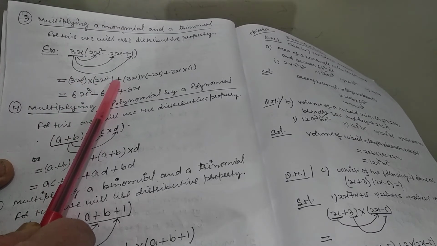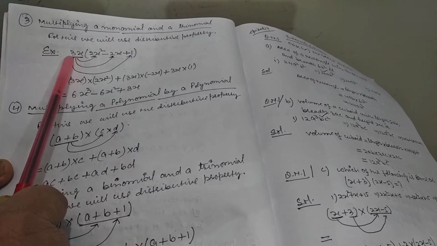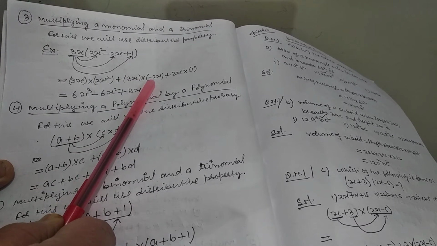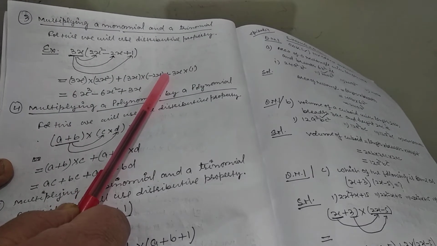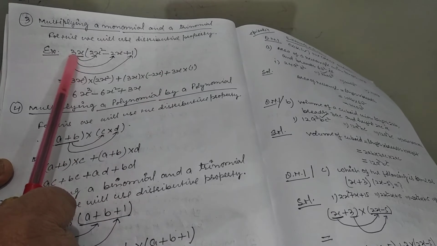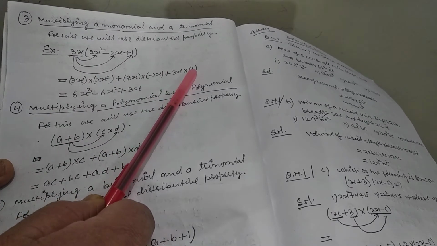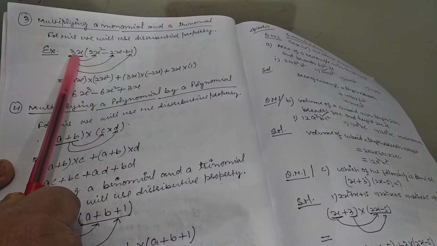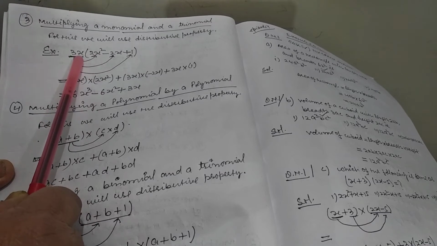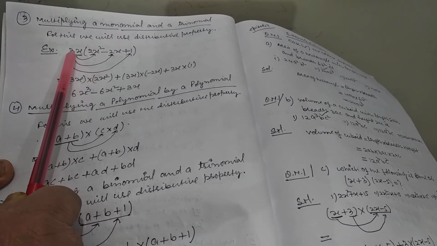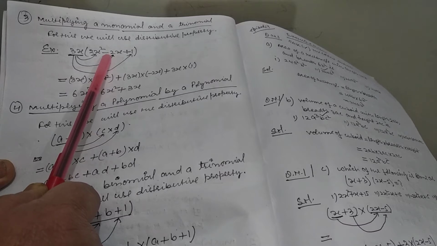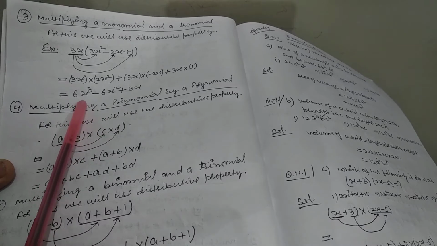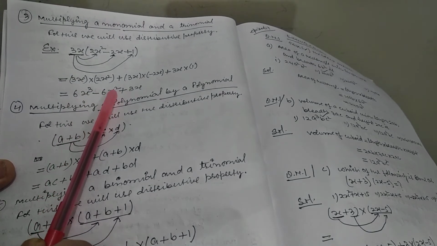Then we will put a plus sign. Then again we will take this 3x, which is multiplied by minus 2x. Then again we put the plus sign. Then 3x multiplied by 1. So as shown over here, I have shown with the arrow that 3x will be first multiplied by 2x square, 3x multiplied by minus 2x, then 3x multiplied by 1, and the result will be 6x cube minus 6x square